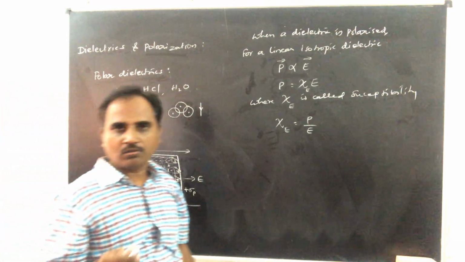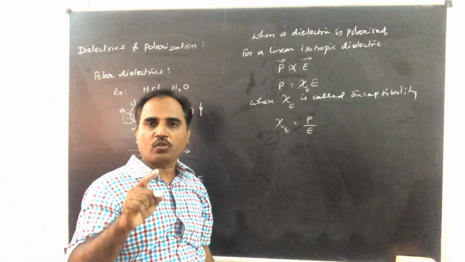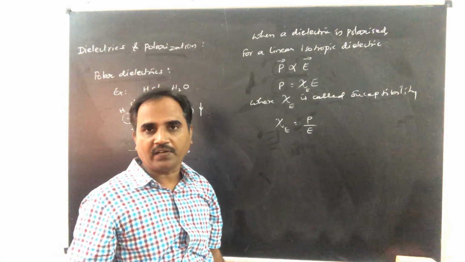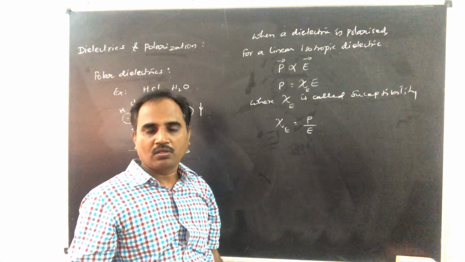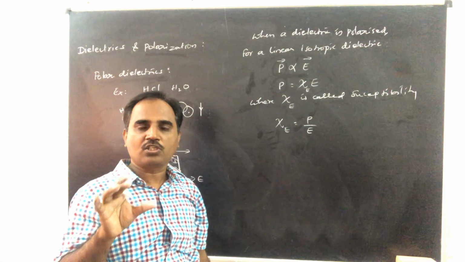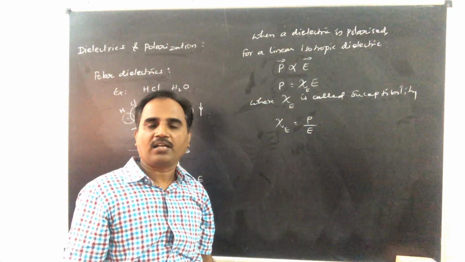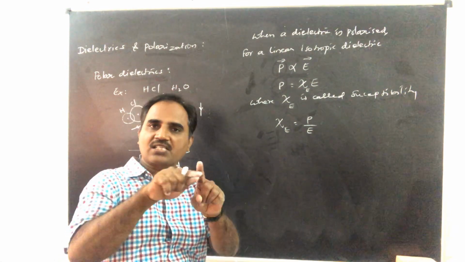As you already know, in a dipole, though the net charge is 0, there is an electric field. Understand? Though the net charge is 0, still there is some electric field,